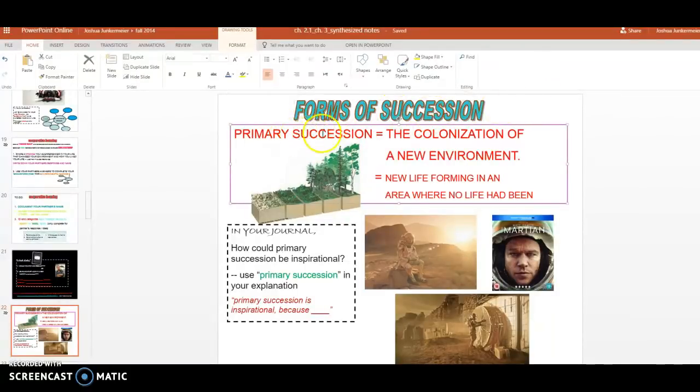Now, primary succession is a special type of change. Remember, succession just means changing to the environment, right? An environmental change. Primary succession is the colonization of a new environment. Colonization. That means living in a place or surviving in a place no one has survived before. It also means where new life forms where it had never been. A great example is this picture. You can see there's no life, no living things. It's just rocks. And over time, living things are now growing and surviving there. That is primary succession. This also could happen on an island. If a volcano erupts, we have new islands and new land where new living things are.